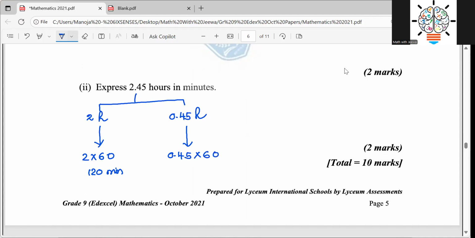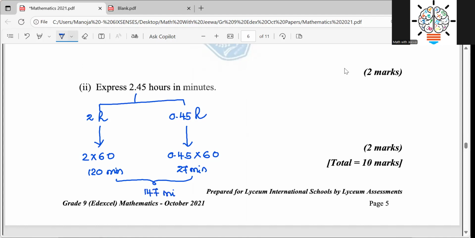Any hour value, when you want to convert it into minutes, you multiply it by 60, right? So then it gives me 27 minutes. So when you add them together, 120 and 27, it gives me